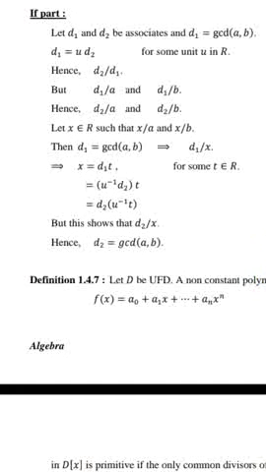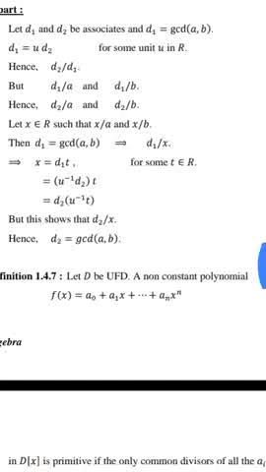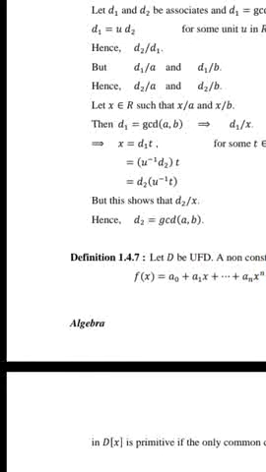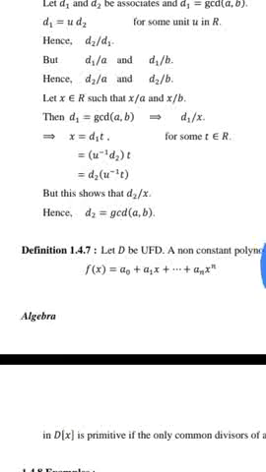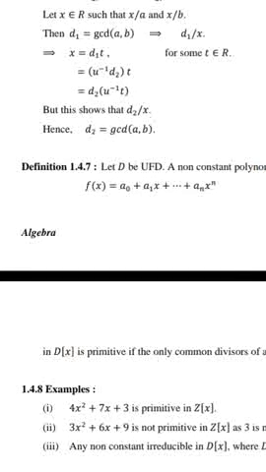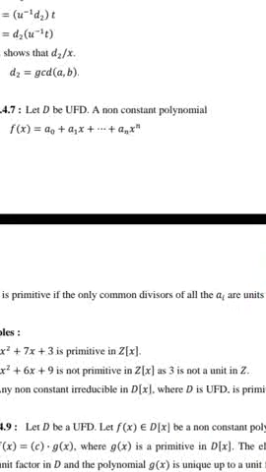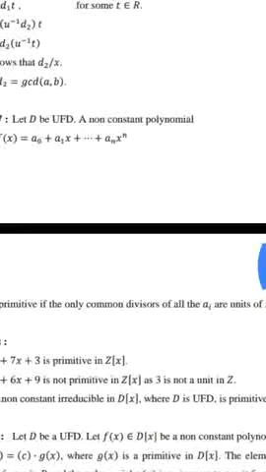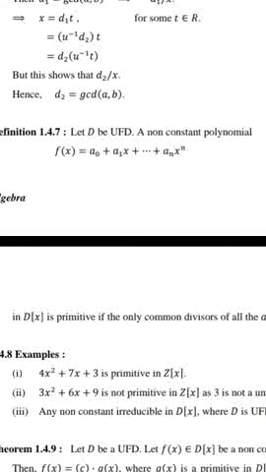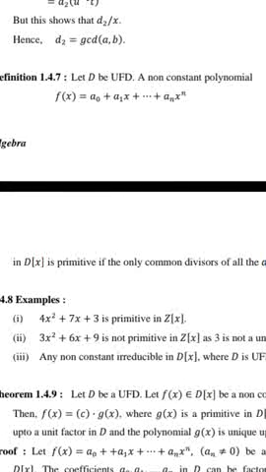Next definition. Let D be a unique factorization domain. A non-constant polynomial f of x is equal to a naught plus a1x plus dot dot dot plus anx raised to n in D of x is primitive if and only if the only common divisors of all the ai's in D are units. Example: 4x cube plus 4x square plus 7x plus 3 is primitive in Z of x. 3x square plus 6x plus 9